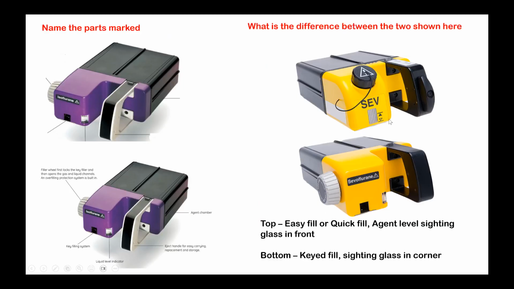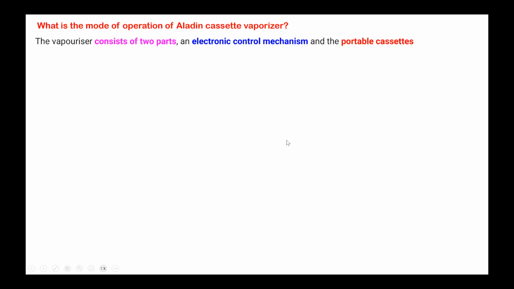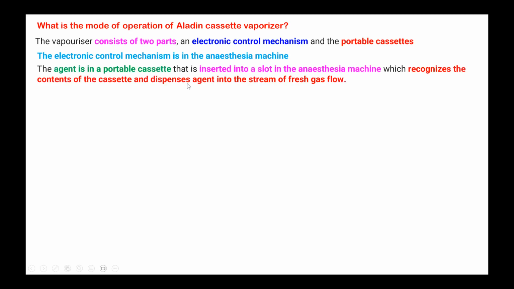The difference between these two cassettes is that the top one is easy fill or quick fill, and the bottom is key fill type. And the Aladdin cassette vaporizer is sometimes asked as a short note. It consists of two parts, an electronic control mechanism and a portable cassette. Okay? The electronic control mechanism is in the anesthesia machine, and the agent is in a portable cassette that is inserted into the slot in the anesthesia machine, which recognizes the contents of the cassette and dispenses agent